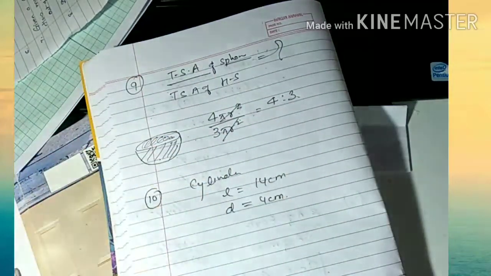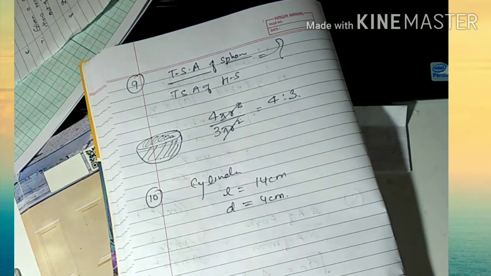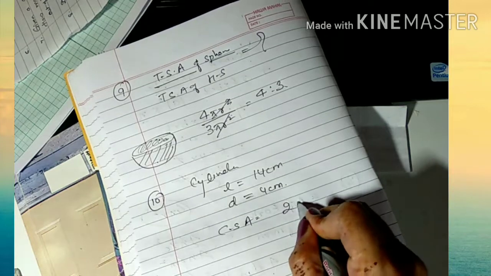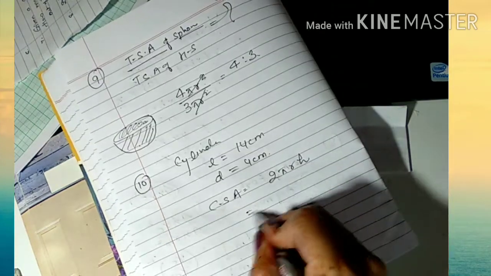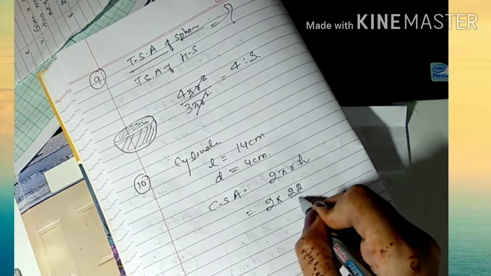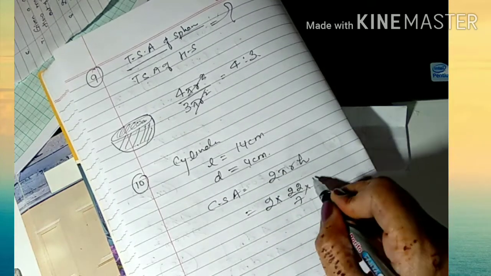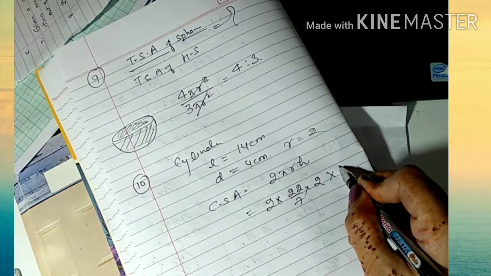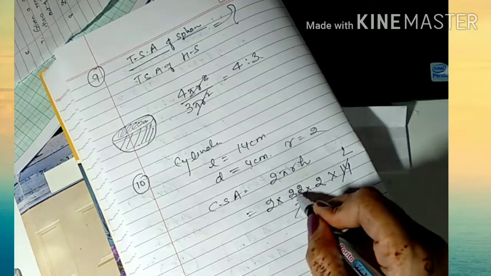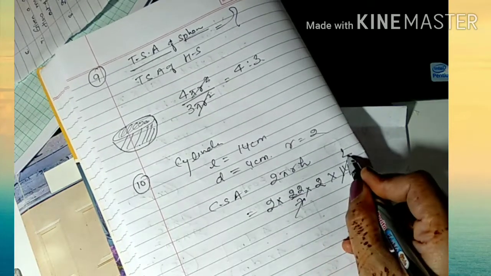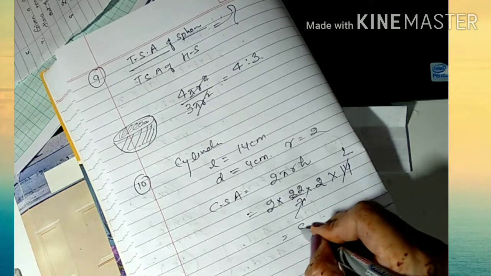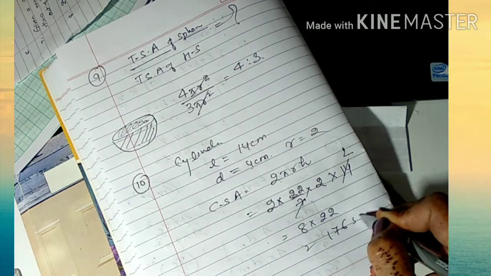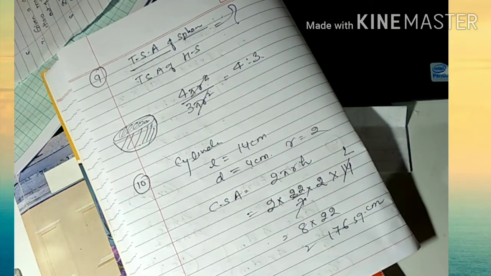Curved surface area. Now what is the curved surface area of the cylinder? It is 2 pi r h. Now this is 2 into 22 by 7. What is the radius? 4 by 2 means 2. Radius कितना हो गया? आधा, 2. And what is the length? 14. So 7 2s are 14, तो हो गया 4, 2 4s are 8, 8 22... 2 8s are 16. 176 square centimeter.